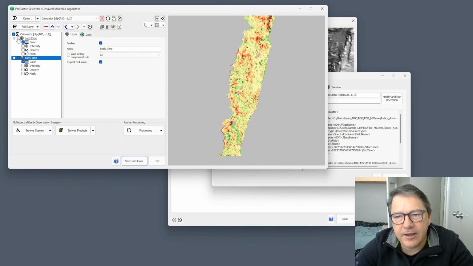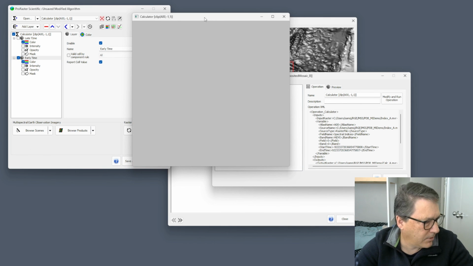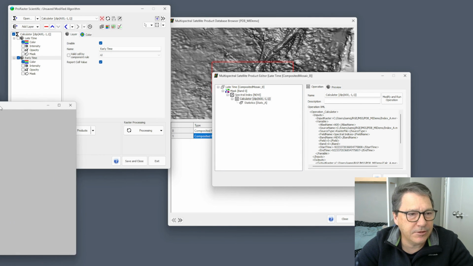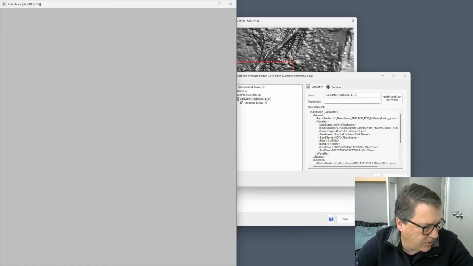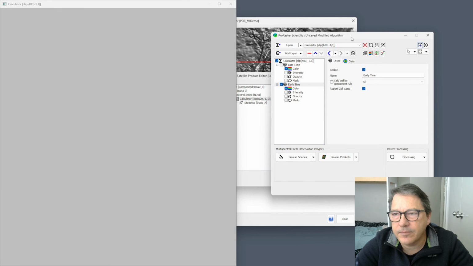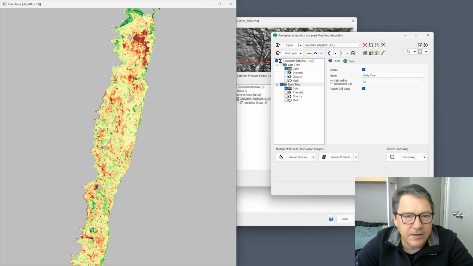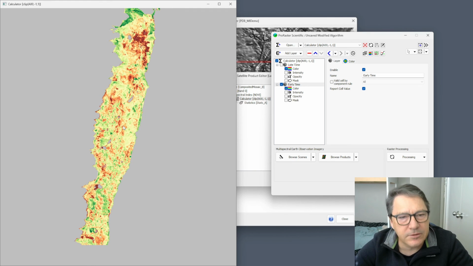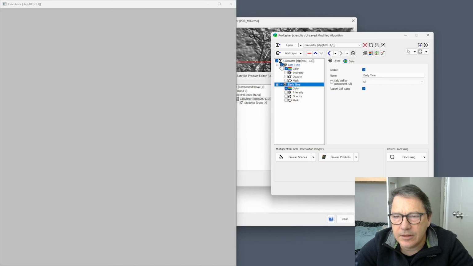Now it's working on quite a bit of data, so it'll take a bit of time to catch up. So now we're looking at early time. So there's the island. Let's just, which side am I on? On this side. So I'll put that over here. And let me bring this one up over here. So there's the island. That's the vegetation index for around year 2000. You can see there's not a heck of a lot of green, mostly brown. And then if I turn on the late time for